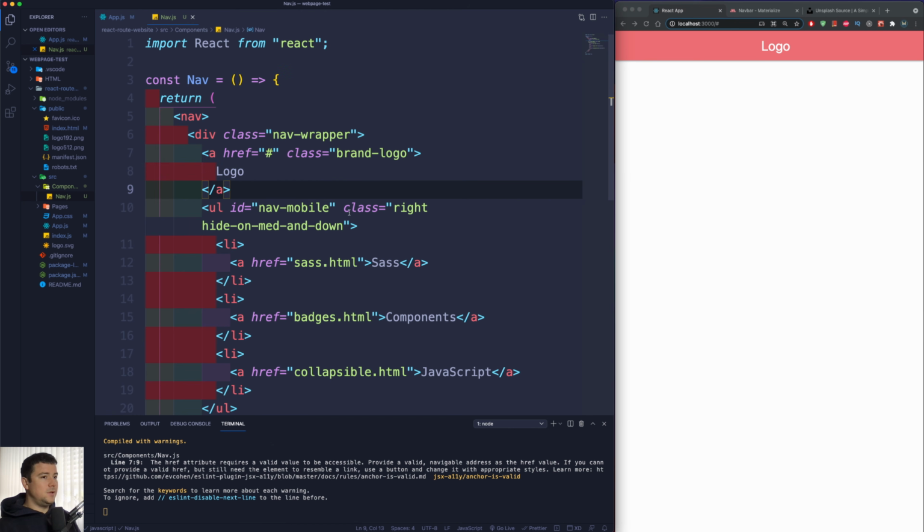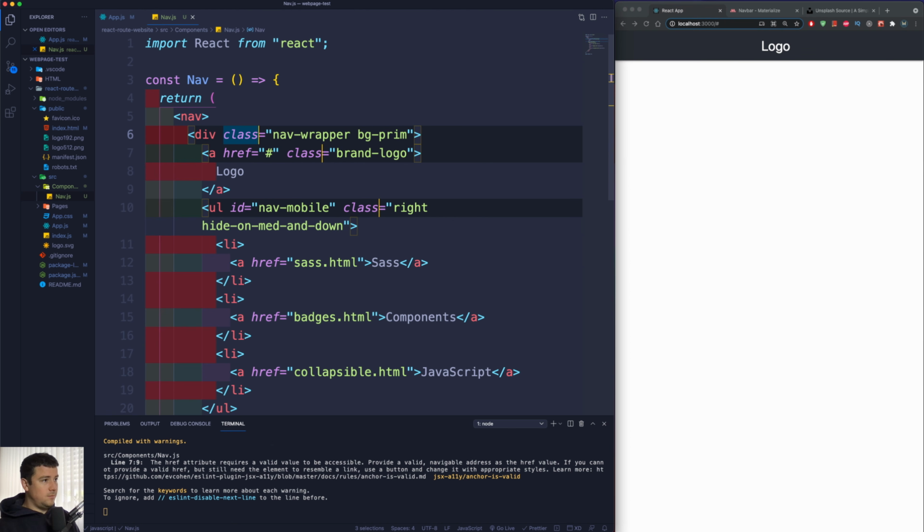Now a couple of things we still need to modify here. So instead of the color, I'm going to also paste in here another class of bg-prime, which is going to take a CSS color that I have in my app CSS. Then all over the place where we have class, we need to transform this into className. So I'm going to select all of them, and instead of class, we have className. I'm going to push our logo to the left side by using here a class of left. And this is basically Materialize classes. We're going to replace the logo with Norbert